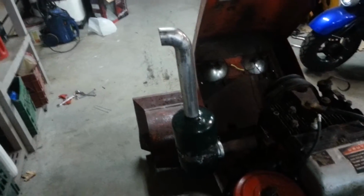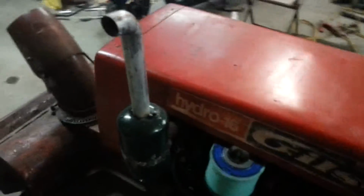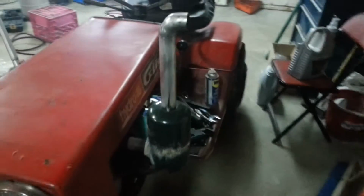So anyways, I'm going to get along and weld this up, and then I'll give you an update as soon as I'm done. Well, there it is, tacked in place. The bottom is welded in. At the top I just did a couple tacks just to verify if it was exactly the way that I wanted it to be. And it seems good, so I'm going to go ahead